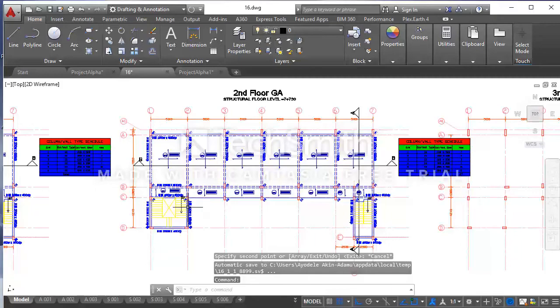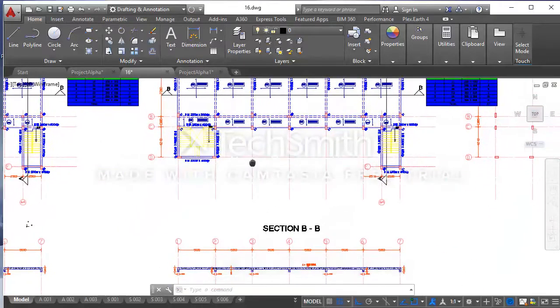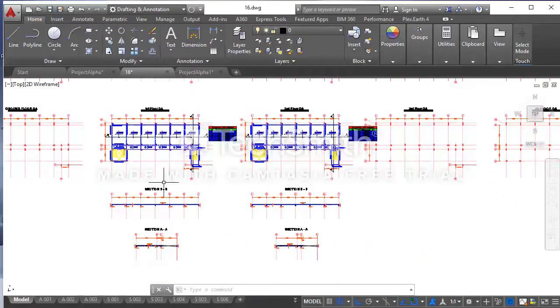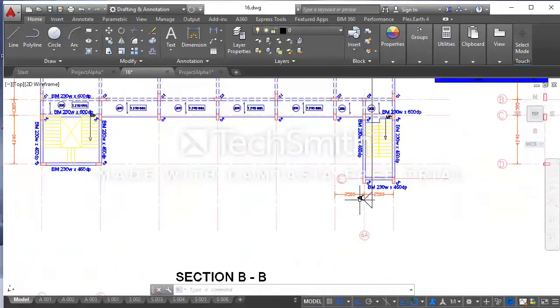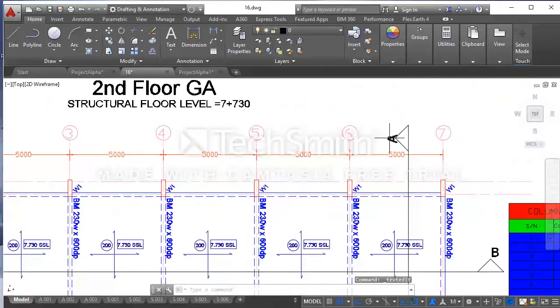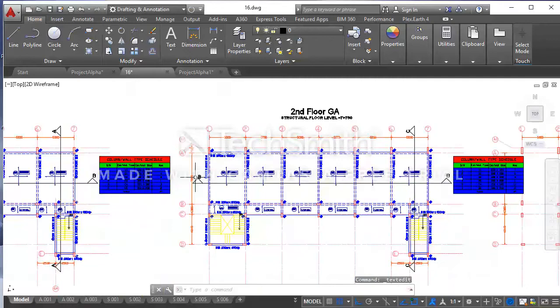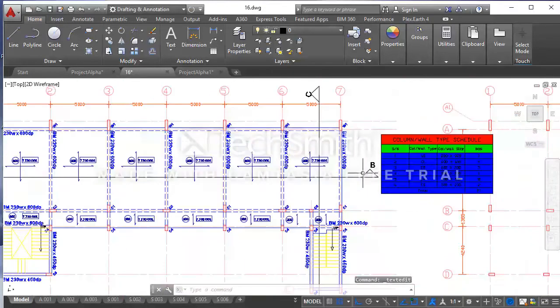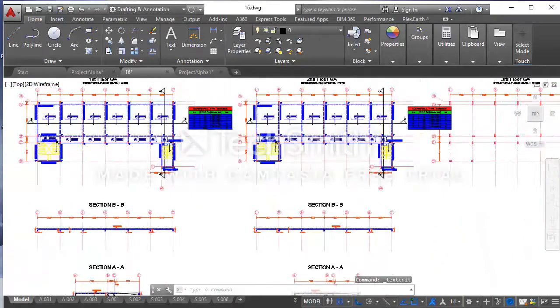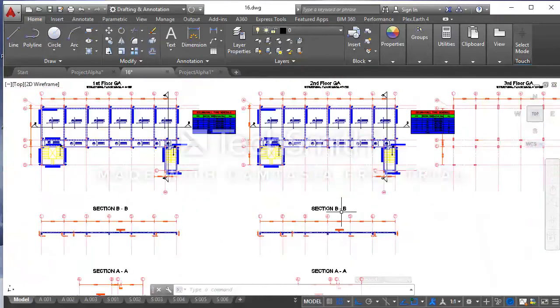So what do you think we need to change on this drawing? This is section AA, section BB. I want the section here to be section C. I want this to be section C. Section D, the B I'll change to section D. So you have to change the heading tag here to section DD.